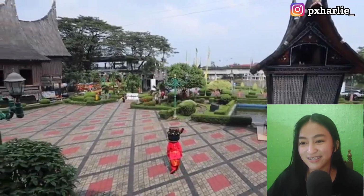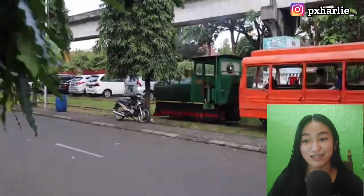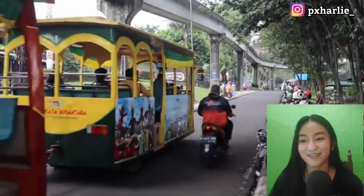Poor guy looks lonely. The mascot looks lonely. Guys, I just want to say this park is way bigger than I thought it was going to be. It's absolutely huge. There's a few different ways to get around. You can actually drive around with your own car or your own motorbike. You can take a train. There's also a little sort of children's style bus,